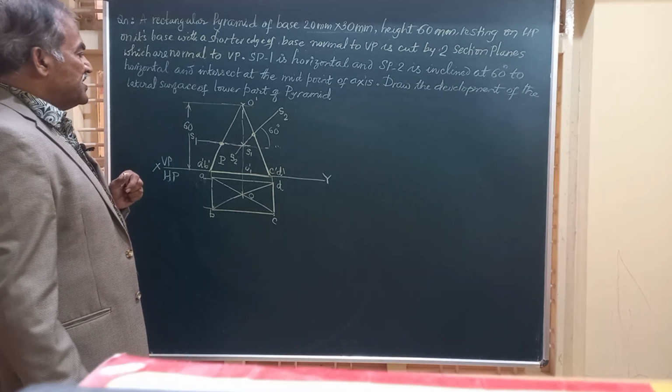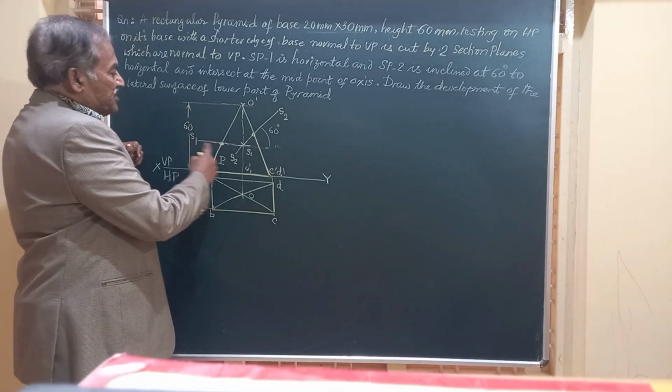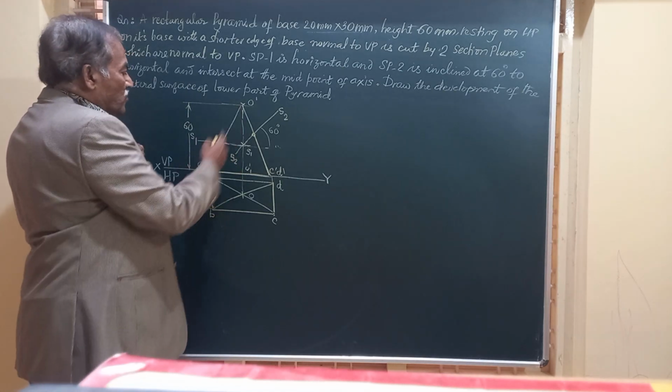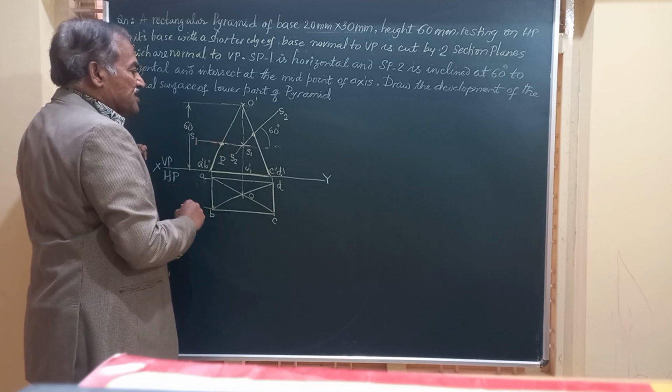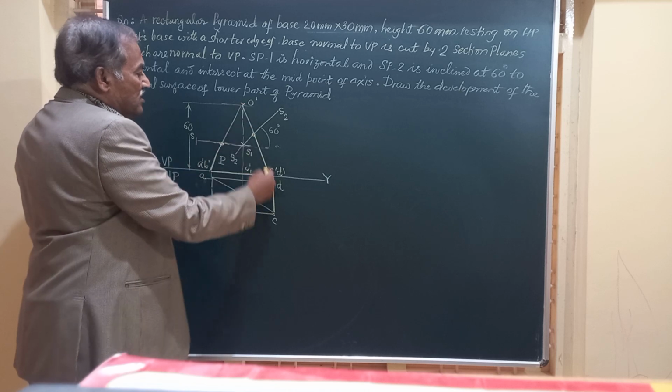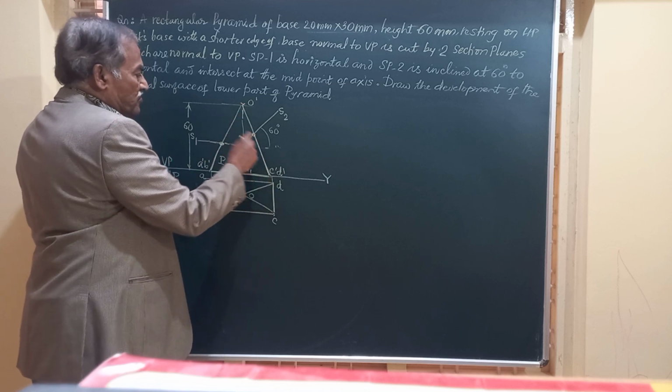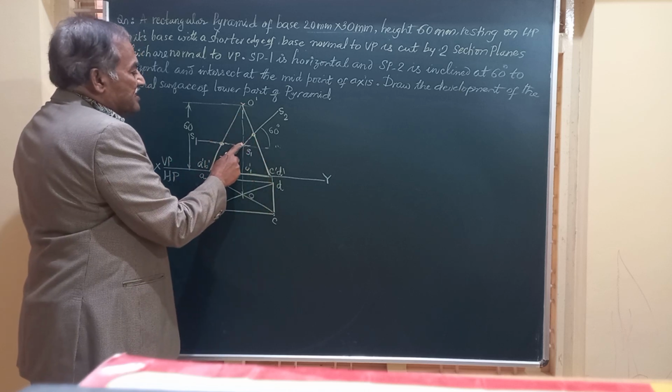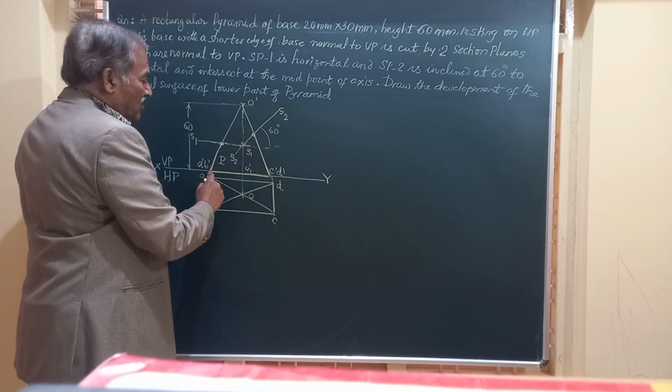Friends, basically the section plane S1 S1 is cutting OA and OB, so you have 2 points here. Section plane S2 is cutting OC and OD, here you get 2 points. And they are meeting at the midpoint of this side